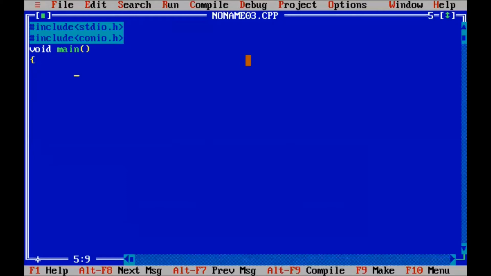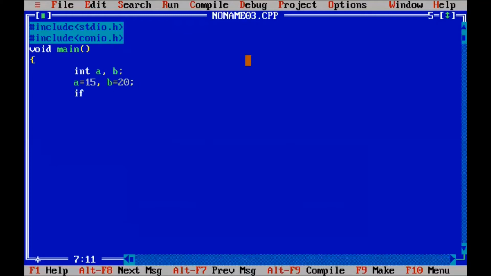Here we declare integer variables a and b. We assign values to a and b: 15 to a and b equal to 20.